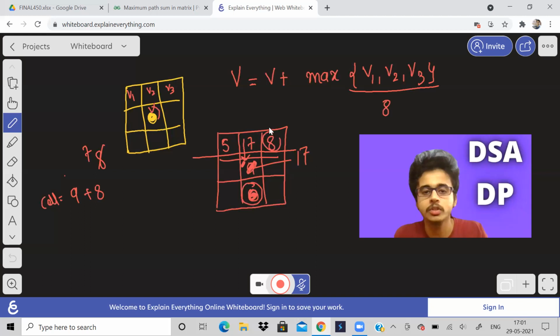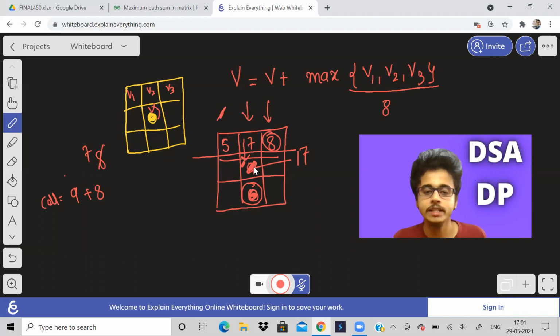See, for the first row, we can't end up from anywhere. We can't assume that we came from somewhere top. Top, there is nothing. But from second row onwards, we can assume we either came from top, top diagonal right, or top diagonal left. Somewhere out of the three we came. So we can assume that.